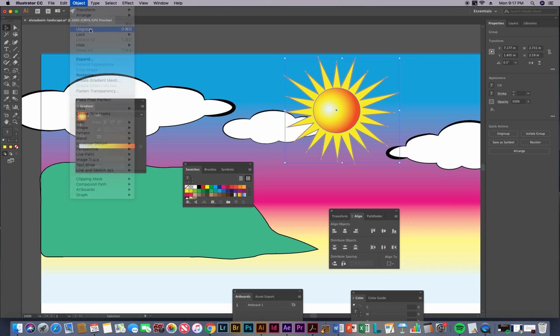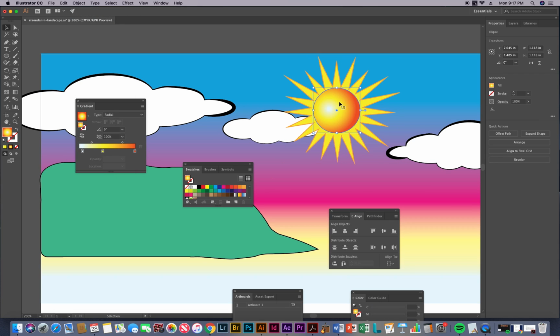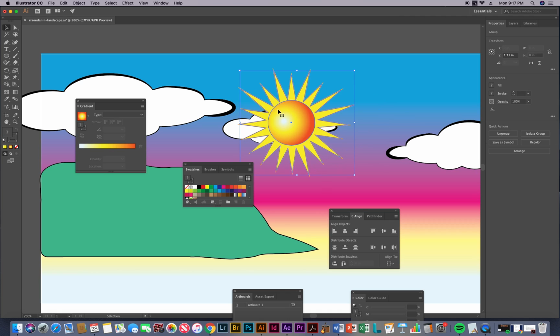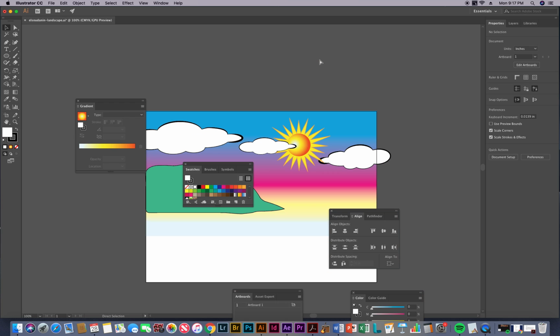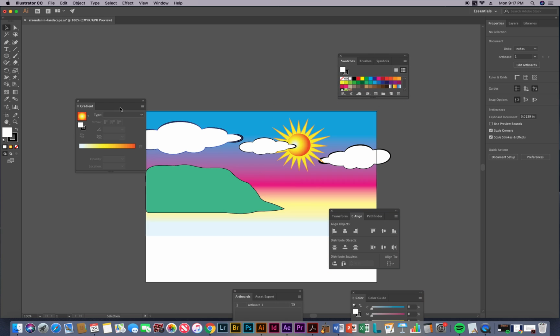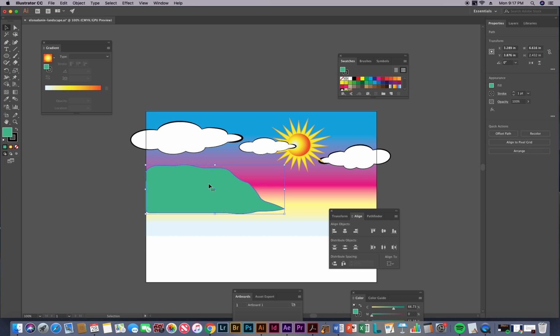But if I do Ungroup, now again I can click on the parts separately with my selection tool, move them separately, but I'm going to hit Command Z to undo the ungroup, so now they're grouped again. And this got pushed to the background, so I'm going to do Command Shift right bracket to bring that to the front. Okay, it's like partly cloudy skies here. You can do the weather. Okay, maybe I'll shrink this a little bit,